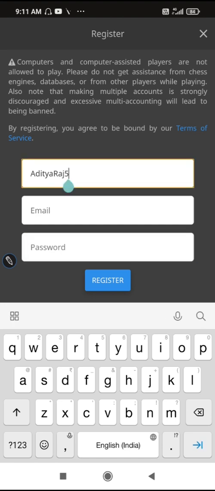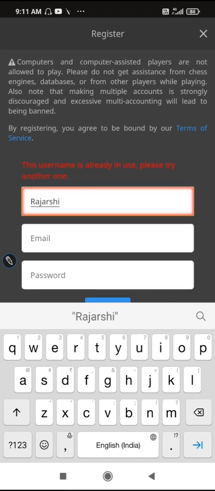As I'm also doing this registration, I will be making some name, as you can see, Rajoshri Chess. Well, it looks like there is already someone with this name, so I will have to change it.